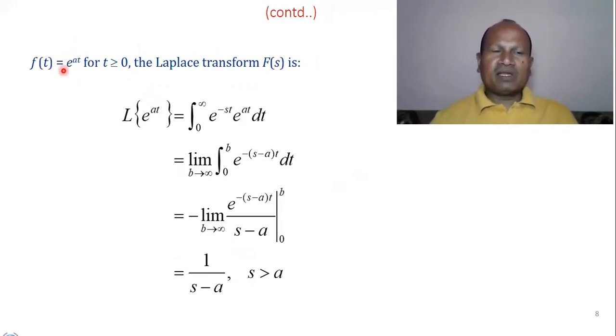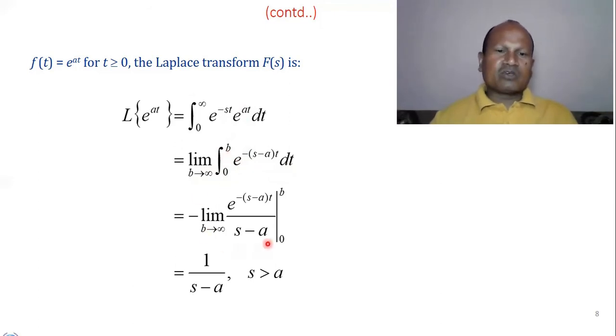There is another example. Suppose the signal is e to the power at, an exponential signal. The same thing, it is present for all positive values of t. How will we determine it? In place of f(t), we are putting e to the power at, times e to the power minus st. We can write e to the power minus (s minus a)t, where the limits are 0 to b. We can write another variable like b, but otherwise it is not necessary. We can still write t, and t is extending from 0 to infinity.